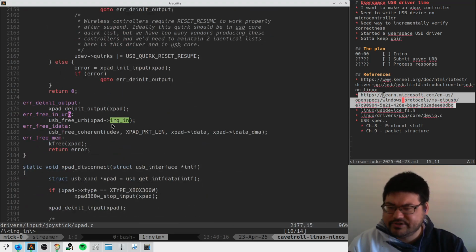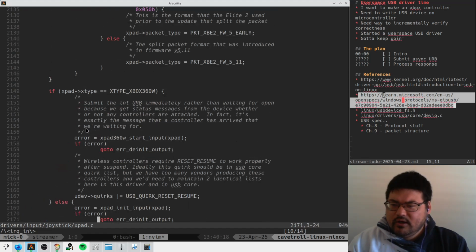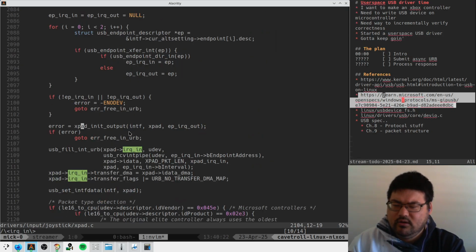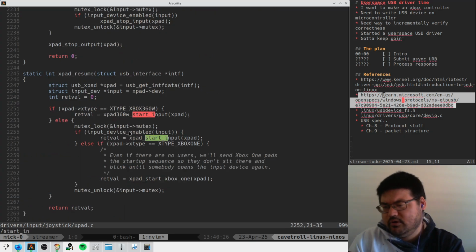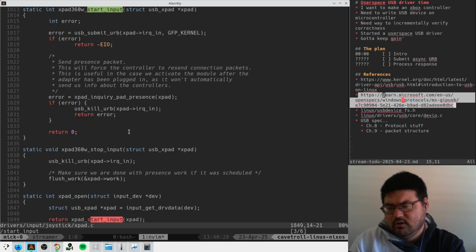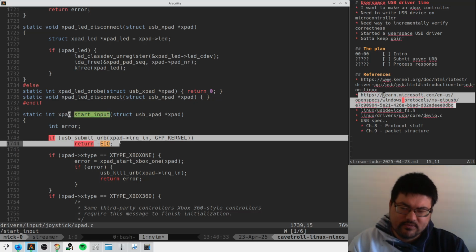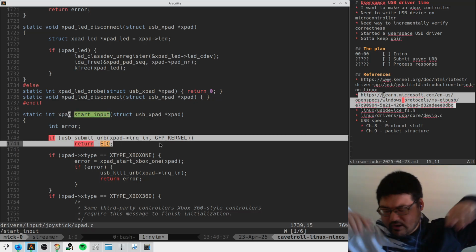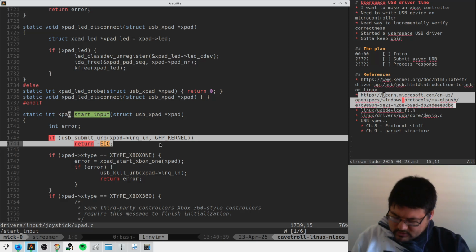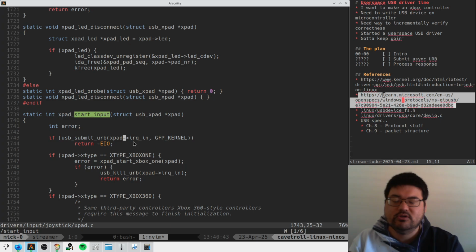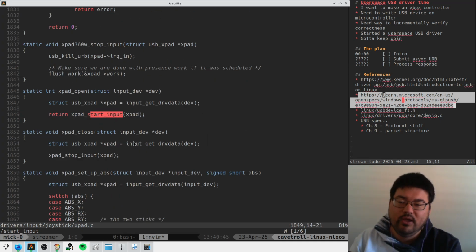And then he calls, I think I saw it as init, start input, I think is what we saw eventually. He calls this start input function, and that submits the request block to the Linux kernel. The Linux kernel will post whatever aspects of that thing are relevant to the USB controller. It will wiggle the wires. The controller will answer, and eventually he will respond with